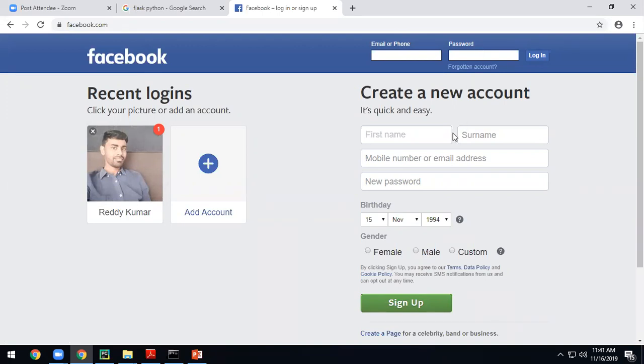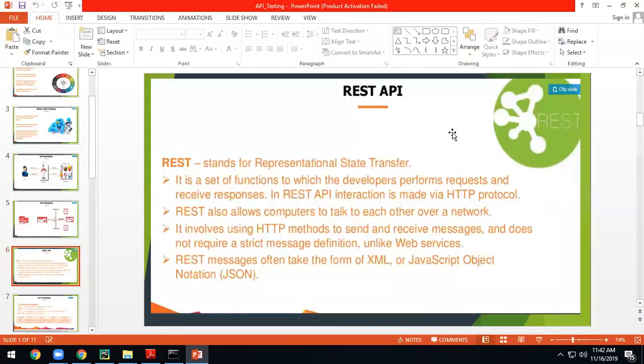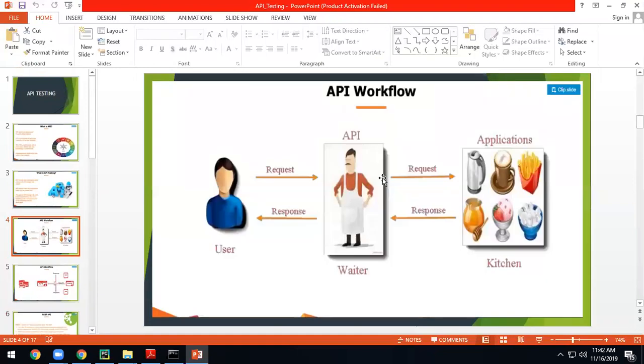There is something like an API available in the middle actually, which connects the UI and a server. For example, this is your user, you are inputting some data that will be collected by your API, and it will give a connection to your actual data. So that is what we do. I am showing that a waiter is available who will take your request and give you a response. You know how to interact with these servers, the backend server.